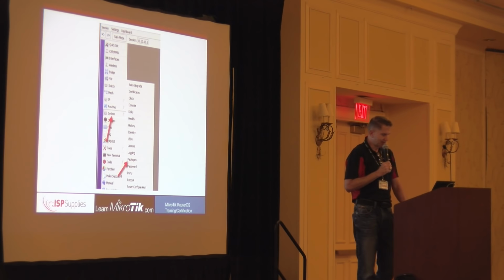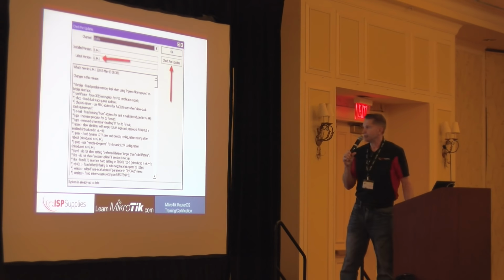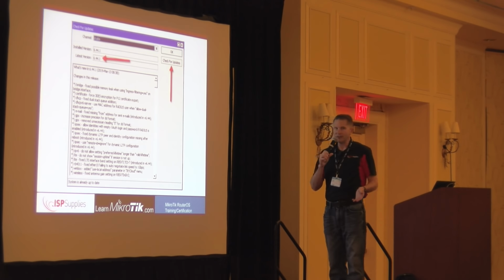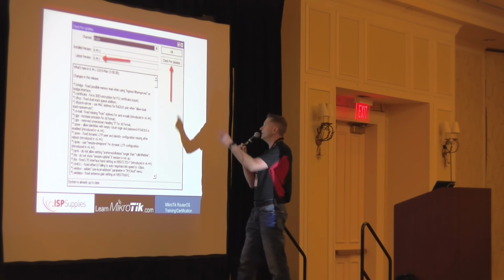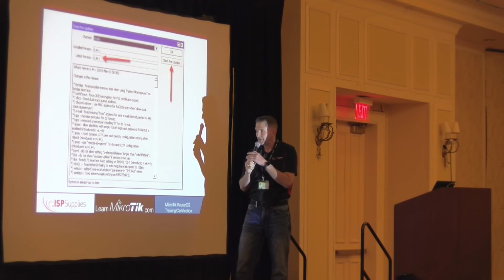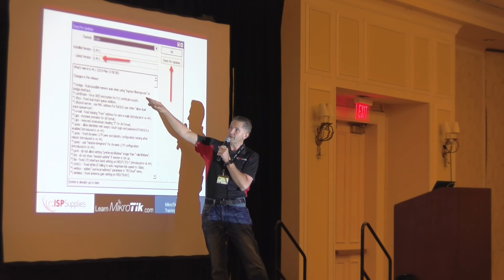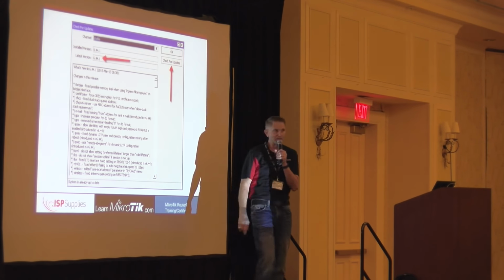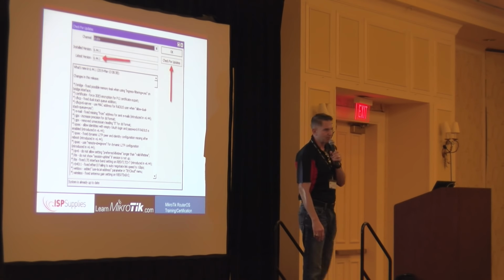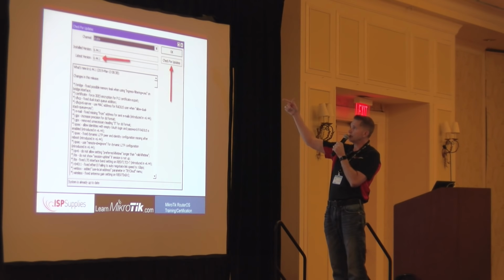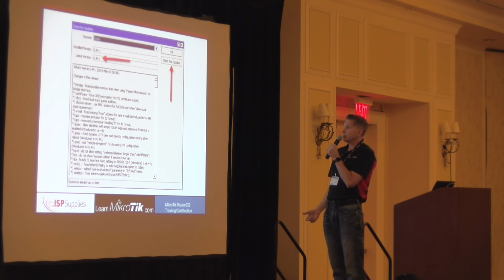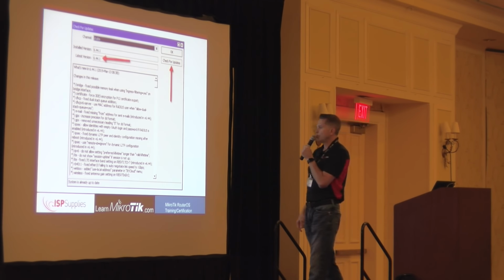To upgrade your system packages, they've made it super easy for you now. You don't have to download it and drag it into the files list anymore. All you have to do now is check for updates. If there's an update, it will tell you about that release, as well as all the information about the release. Makes it super simple to do. You can also pick which development path you want to choose from, or which channel. It'll tell you the installed version, the latest version, and so on.